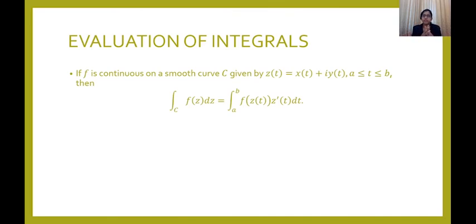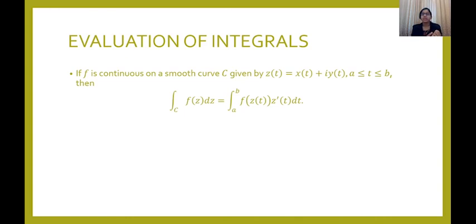Okay, so that is clear in the last example that we have done. In the first curve we replaced y is equal to x, and in the second one we had x as a constant. So with the help of that we found what z was. Basically z of t will be equal to x of t plus i y of t. So either x and y will be given to us directly or we have to determine it from the contour which we have.